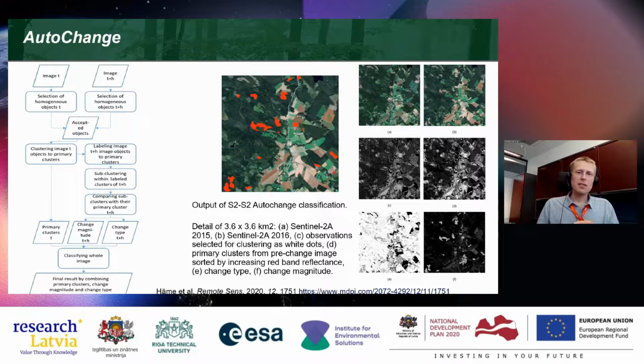And the benefit of this is that, as we all know, there are inter-image variations. The images may vary, their spectral level may vary slightly for atmospheric reasons, or even more so for example, seasonal reasons. And this approach is quite robust against that kind of changes, because it looks into those areas that were homogeneous in the first image. It looks at those areas in the second image and evaluates whether they are homogeneous or not, regardless of how similar they look to the first image.